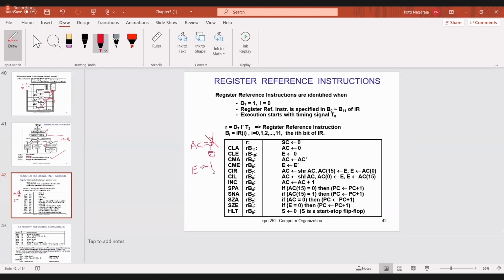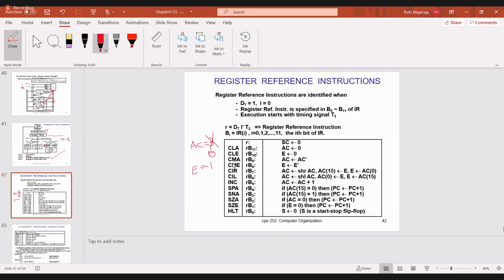Then what happens? Clear E, so E register is 0. Next one is CMA. CMA means complement accumulator.